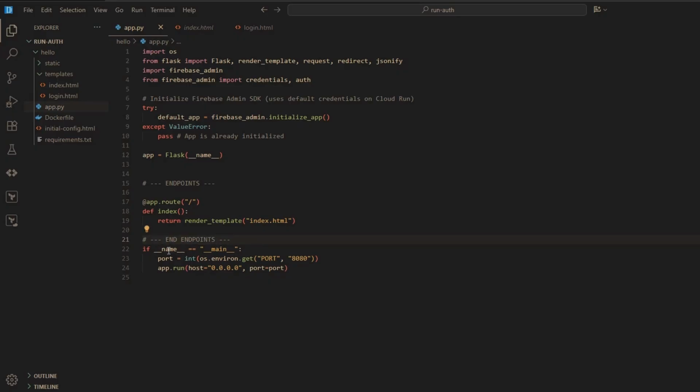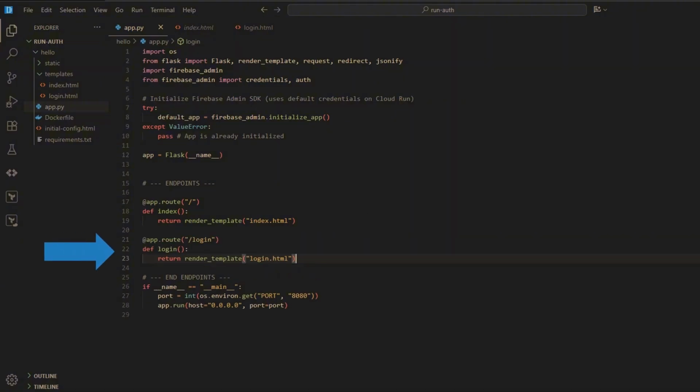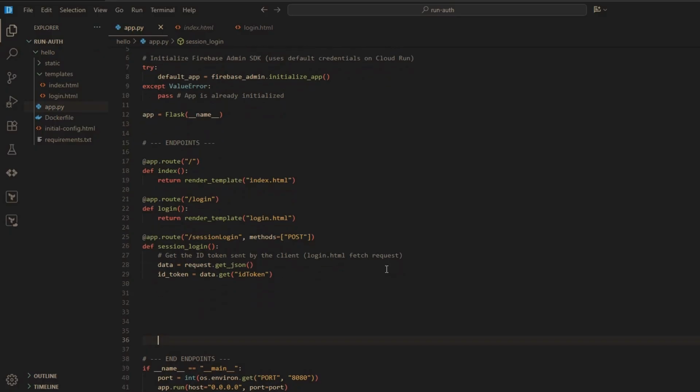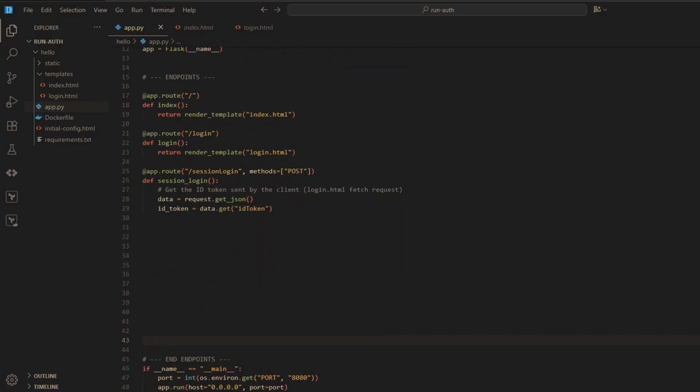It's going to get easier to read the code. So let's add another endpoint for login. And in this case, we just call login.html, simple as that. And also the session login, so the one that will be called from the login. So first of all, we want to catch the ID token we just generated. And once we've got the ID token,